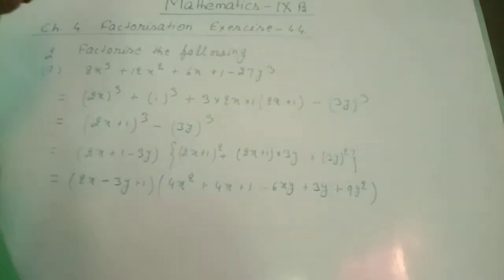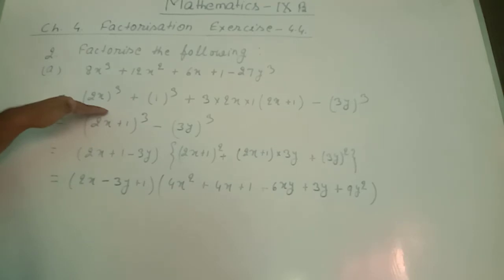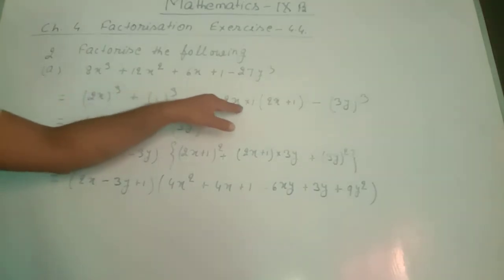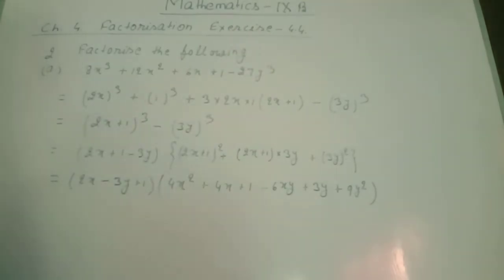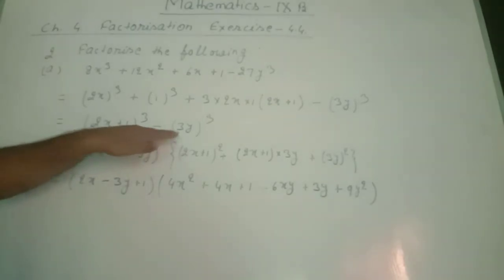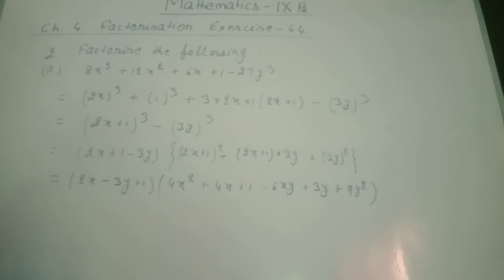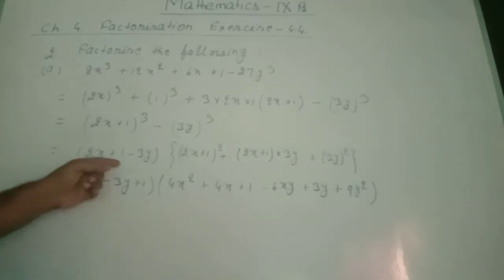And minus 27y cube is written as 3y whole cube. So here what are you seeing? You are seeing that this is a cube plus b cube plus 3ab into a plus b. That is the formula of a plus b whole cube. At the place of a we have 2x and at the place of b we have 1. So 2x plus 1 whole cube minus 3y whole cube. This came in the form of a cube minus b cube, where a is 2x plus 1 and b is 3y. A cube minus b cube equals a minus b into a square plus ab plus b square, so 2x plus 1 minus 3y into